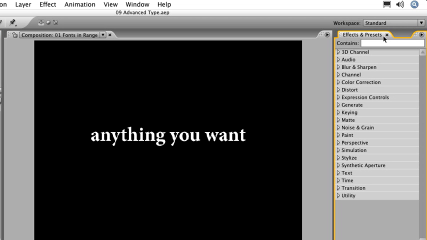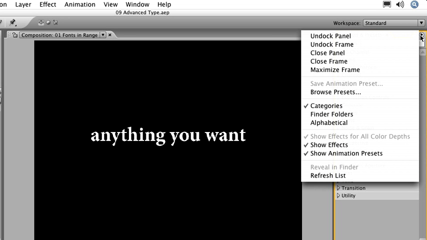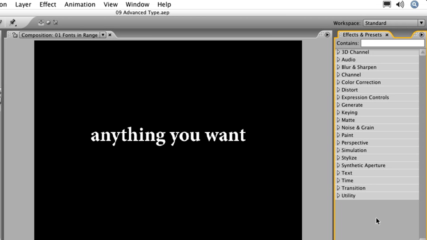Now, if you don't see the presets here in your list, click on the flyout menu to make sure that you show your animation presets here. If you want to browse your presets, you can browse them here, or you can browse them through the animation pull-down window. I'm not going to use the effects and presets panel, so I'll close this down using Command 5